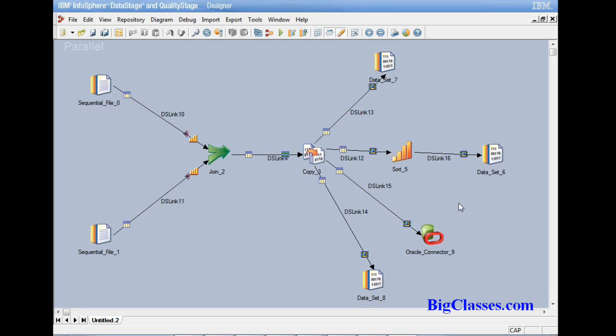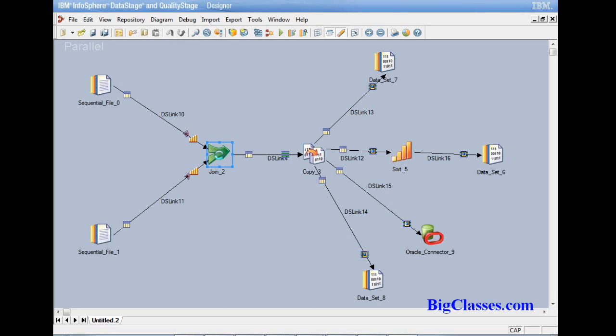This sort stage will be useful because in the join stage also I can do sort, right? That is called link sort. Generally, when we use a separate sort stage apart from the link sort in any stage, it is when we are expecting a huge amount of data to process. Then generally the link sort whatever we have,